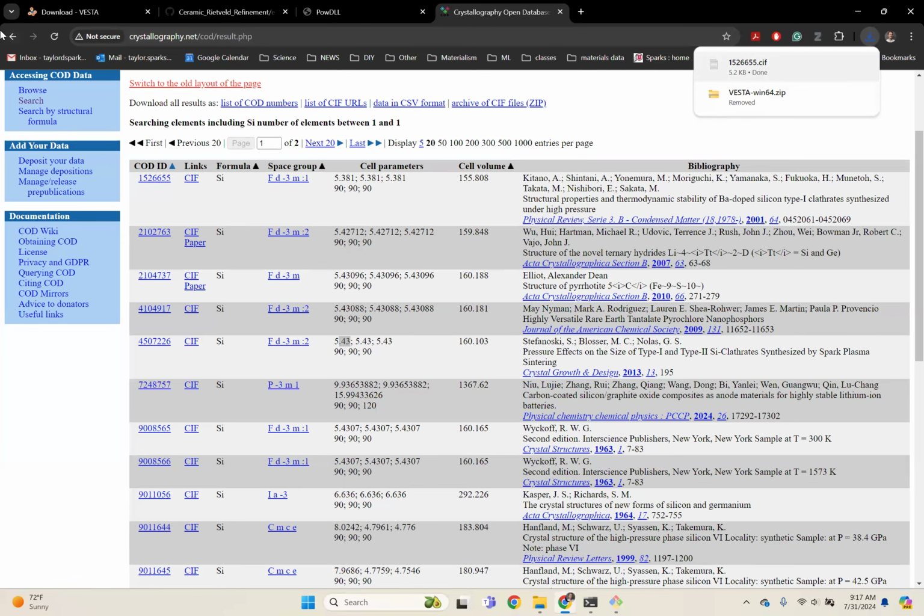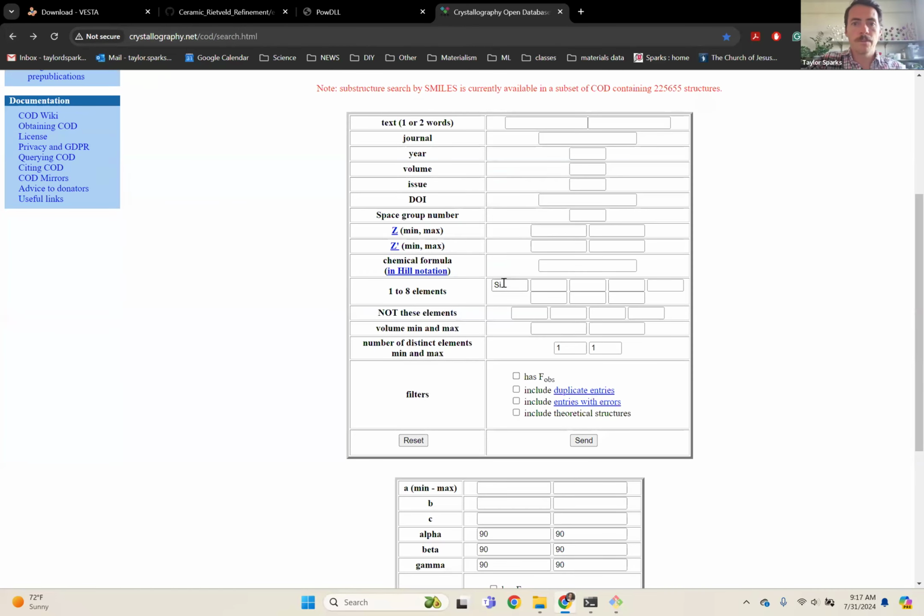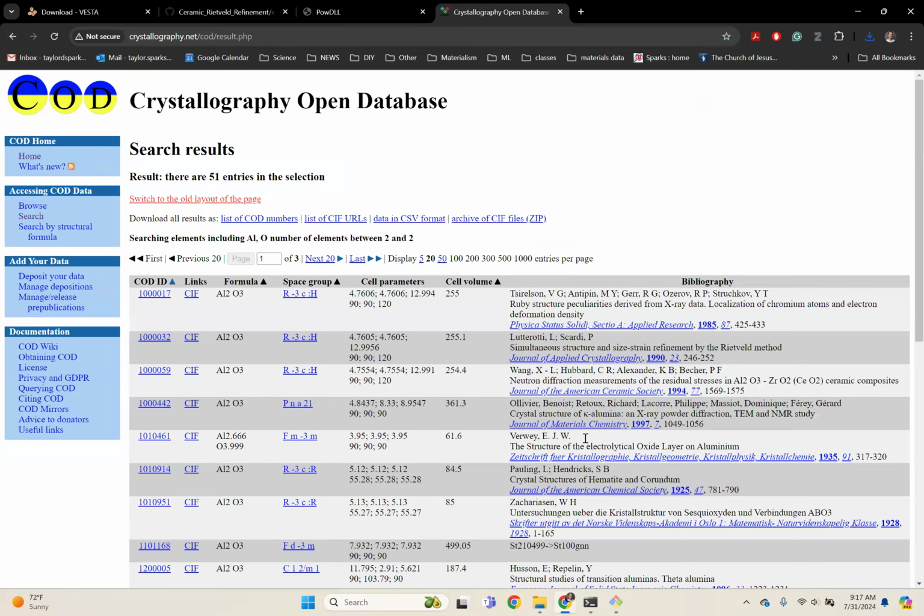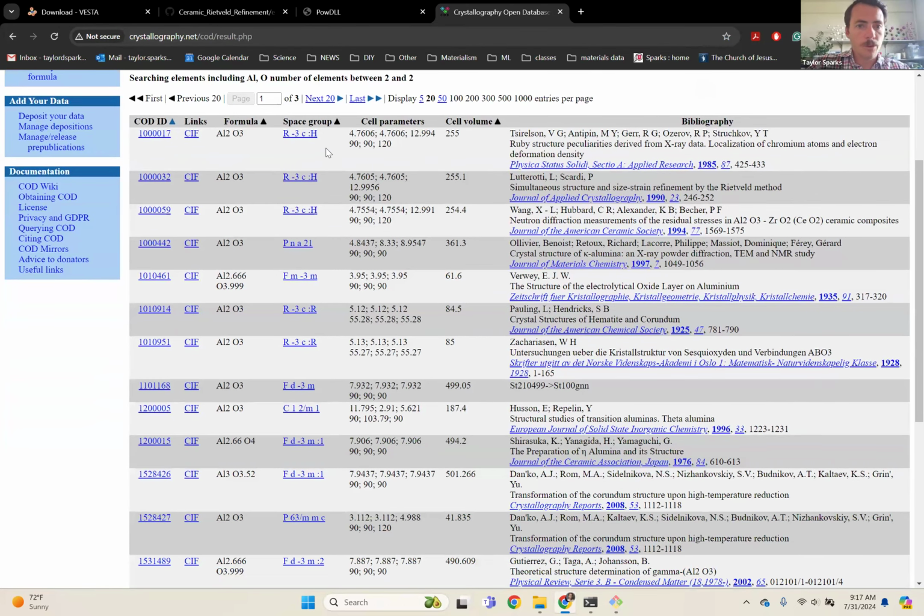You would do the same thing for alumina. We come back over here. This time I'm going to punch in Al and O. And this time I want it to have at least 2 elements and no more than 2 elements. So now it's going to return all aluminum oxides. And when we look here, again, the correct space group for corundum is this one here, this R3̄c H,